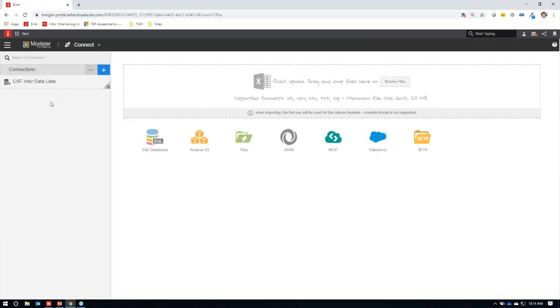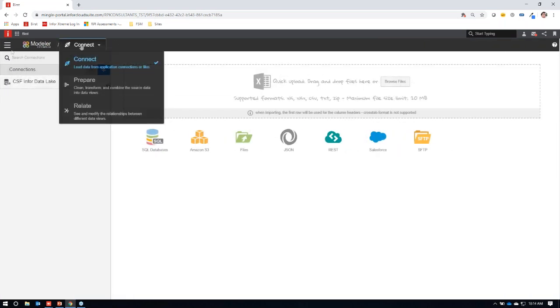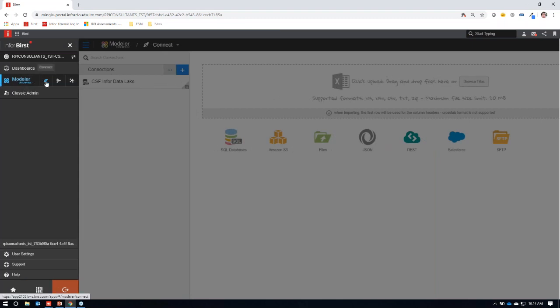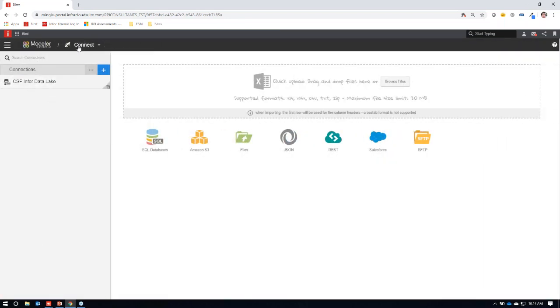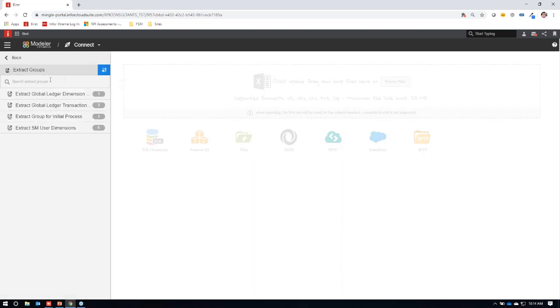The very first thing I'm going to do, it drops us off here in the modeler. There are 3 steps to modeling: connect, prepare, and relate. We're going to be working in the connect and prepare sections. In connect, the first thing we want to do is add the project business class to our extract group. The extract groups are basically there to cut down the time it takes to reload and refresh data in Birst, so it selectively loads data. So I like to add it. You only need to add it to one of these 3,